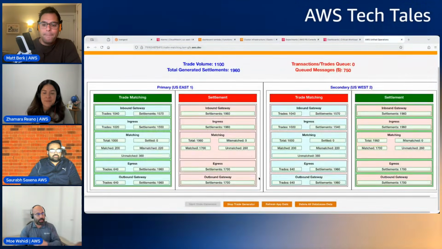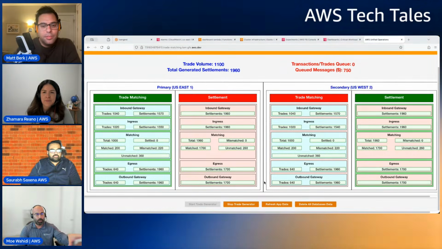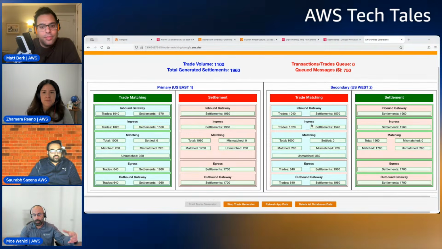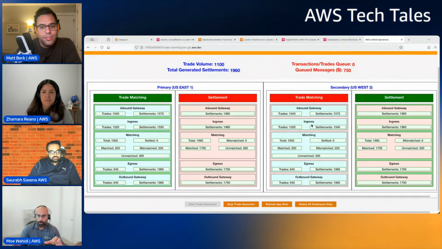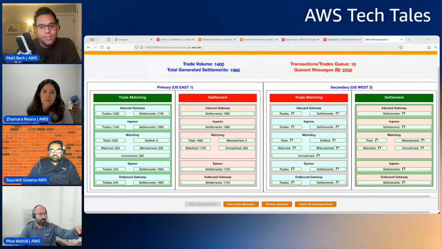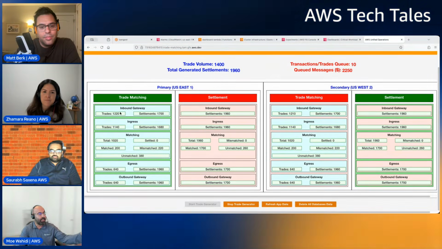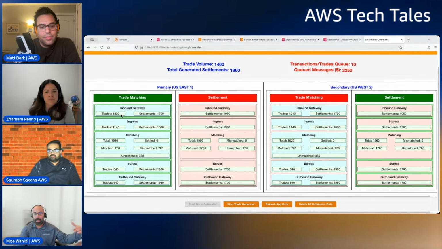So one thing we can notice, and we built this application dashboard purposely so that we can detect the slowdown. What I did was introduce some failures that cripple the system, downgraded. It doesn't completely kill the system. So that's why I mentioned CPU spikes and network latencies. If you look here, the trade volume is still coming in, 1,100, 1,400, but you start seeing the inbound gateway, for example, here is 1,200, so it's starting to lag behind.